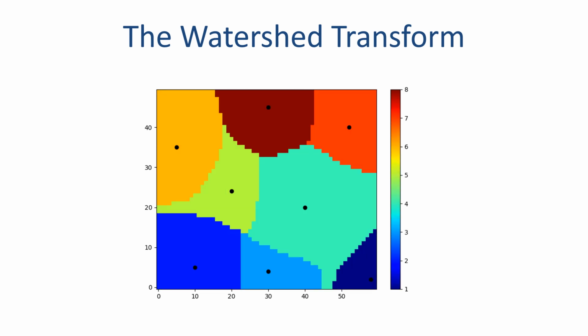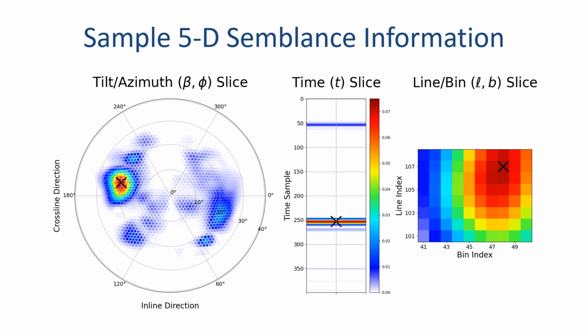Without getting into the details of how the watershed transform works, this is the result you get. The transform clusters together all the pixels that associate with any particular hilltop and gives them the same label. You can see where the term watershed transform came from. This was originally designed to work with local minima for the purpose of delineating rainfall catchment basins based on elevation data. The nice thing about the watershed transform is that it works on multi-dimensional data, not just 2D data. So we're going to run our 5-dimensional semblance information through it to sort out the spatial extent of each peak